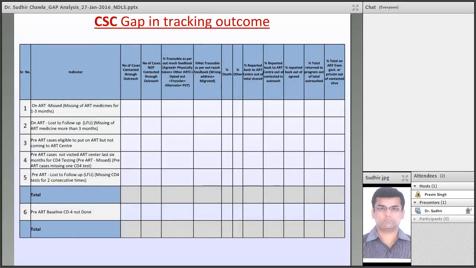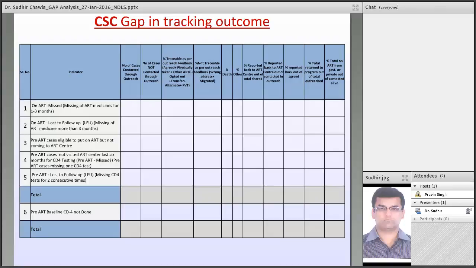Now coming to the gap at CSC level, there are 5 to 6 types of lists which are to be shared with the CSC by the ART center for a particular district. Like those on ART who miss their appointment for the ART collection, and on ART LFU, those who have not been coming for the last more than 3 months, so they may be on ART LFU. Pre-ART patients, those who are eligible for ART but did not start on ART, that can be a different category. Pre-ART cases,